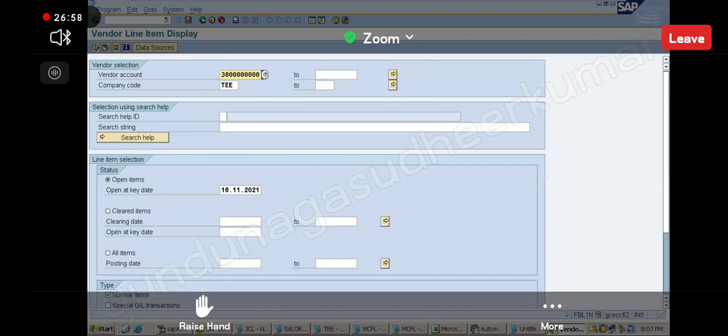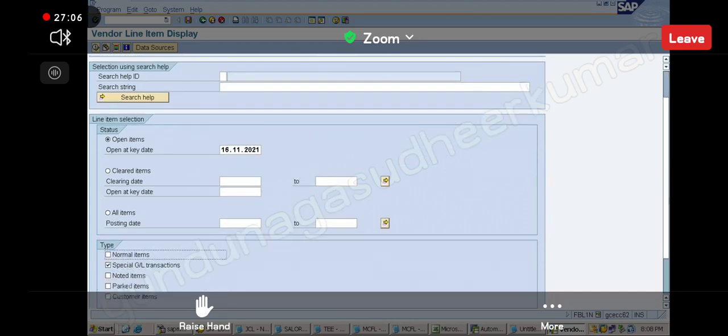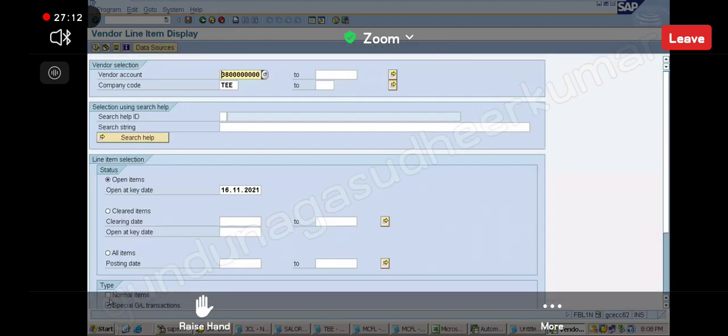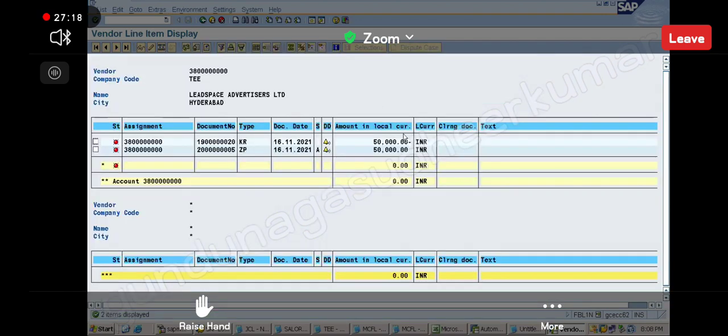And in special what I have? 50,000 less I have, correct? So if I select both, what I can see? 50,000 minus, 50,000 less, correct? Yeah? Okay, right, good. So now what I have to do next?